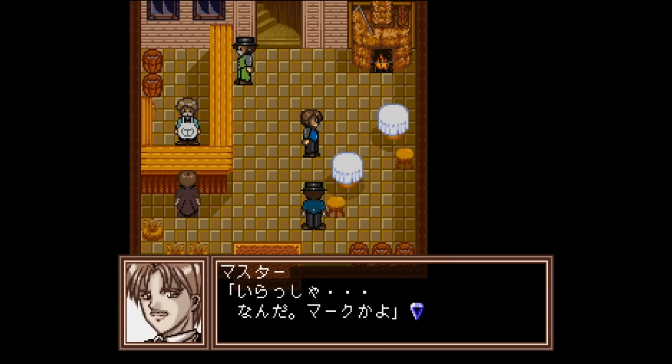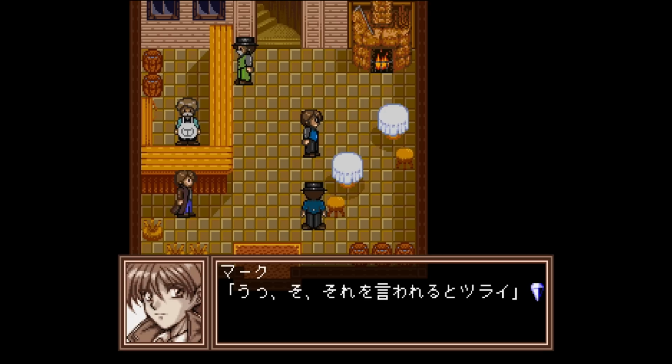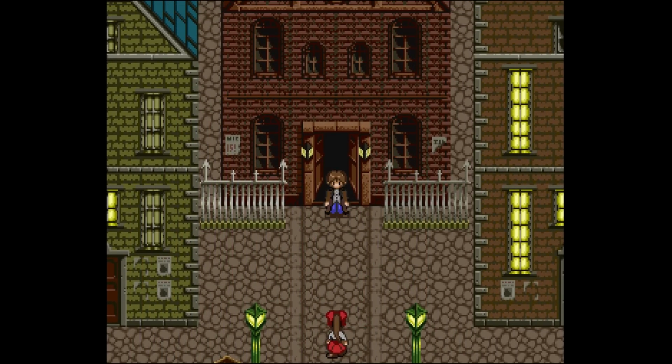なんだよ、マークかよ。なんだとはご挨拶だな。一応客だぜ。客ってのはな、ちゃんと金を払う人のことを言うんだ。それを言われると辛い。まあいい。月末にはまとめて払ってもらわなくちゃな。